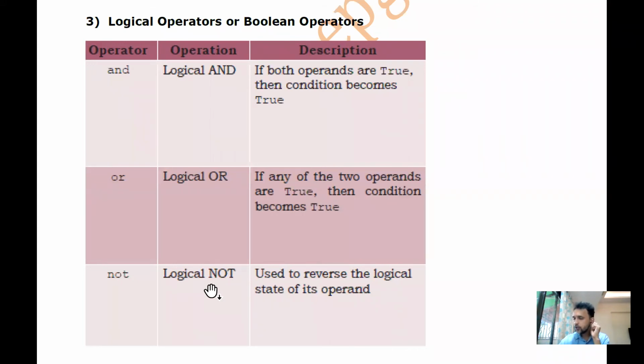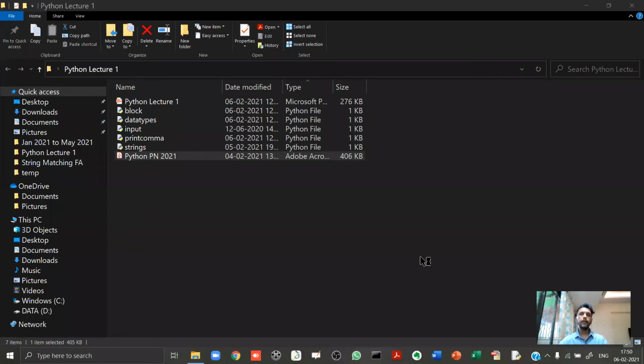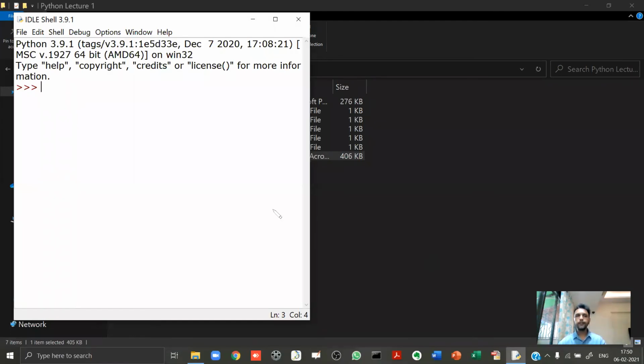So guys, you have used these operators in C and Java also, but in Python, they are given differently. I hope you remember that in C and Java, you give ampersand for logical AND, two vertical bars for logical OR, and an exclamation symbol for NOT. But now you directly write these words. Now again, with the help of the Python shell, let's try and understand how they work. I'll close this shell and open a new one. All right, so I have a new shell in front of me.